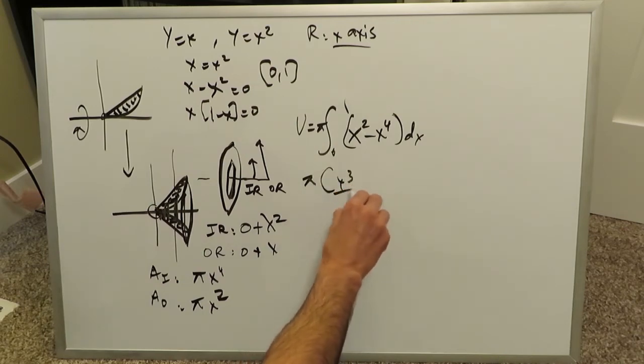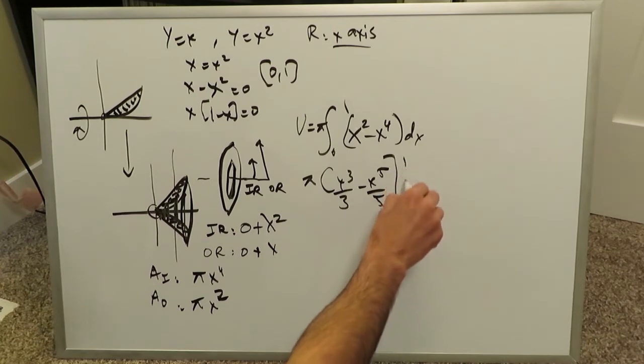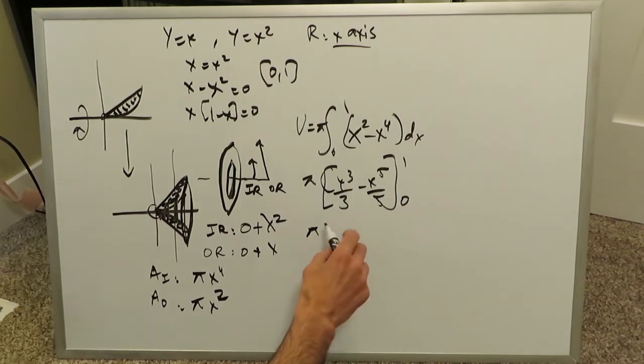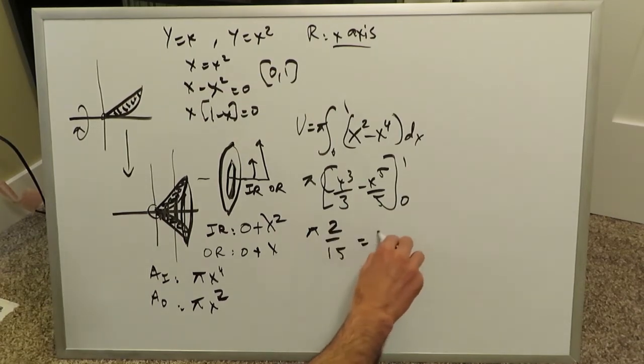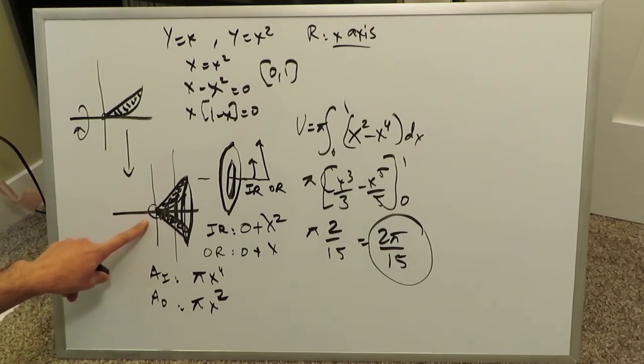You'll have x cubed over 3 minus x to the 5 over 5, from 1 to 0. When you do this, you're essentially looking at 1 over 3 minus 1 over 5. Because the zeros are meaningless, 1 over 3 minus 1 over 5. You'll get 2 over 15. But you can rewrite it as 2 pi over 15 as being the volume of this rotational solid, which